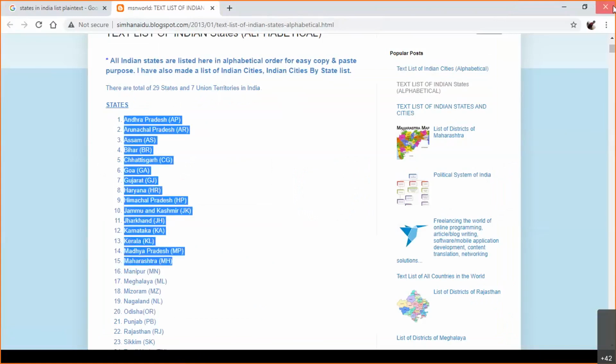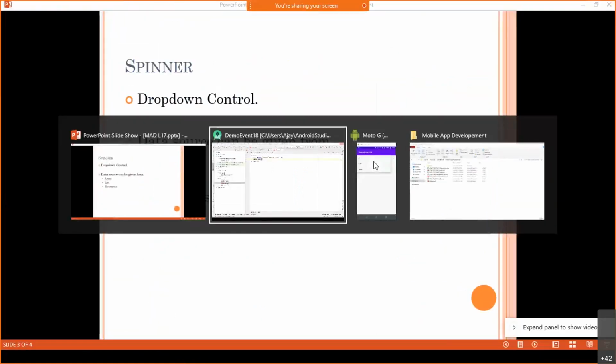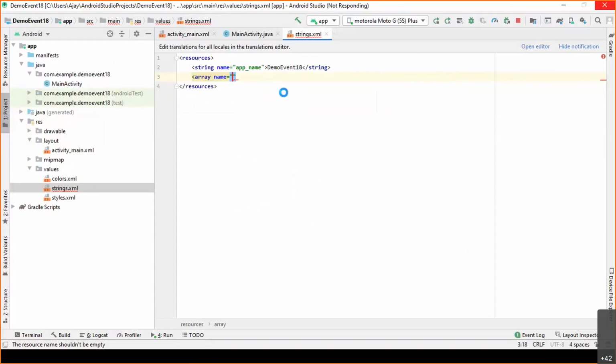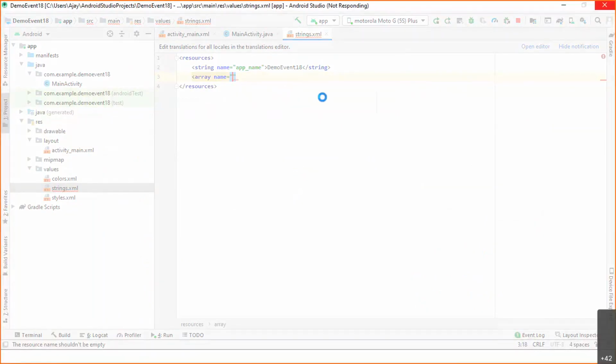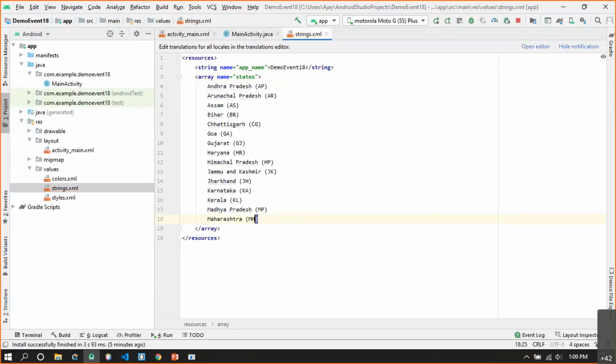Let me close Chrome first of all, which will free some amount of RAM. So I'll give the name of the array as states. Of course, you can give your favorite name.